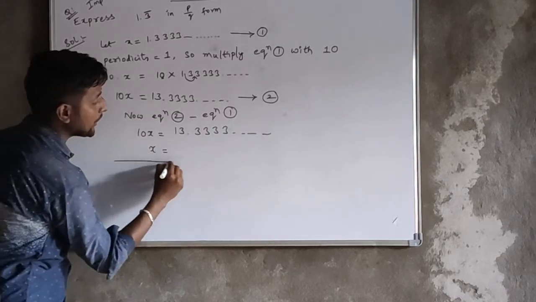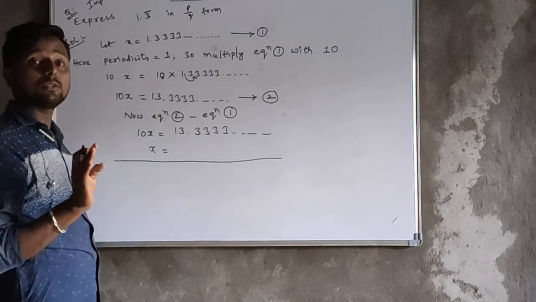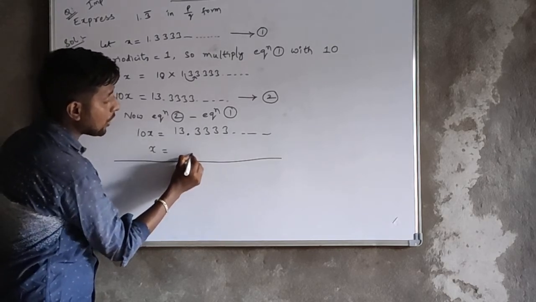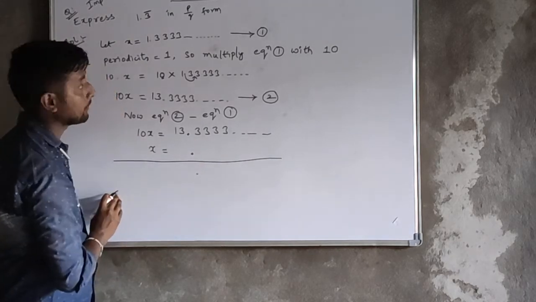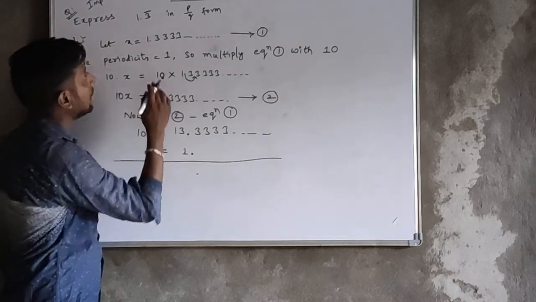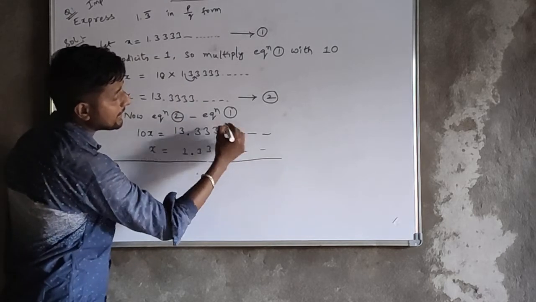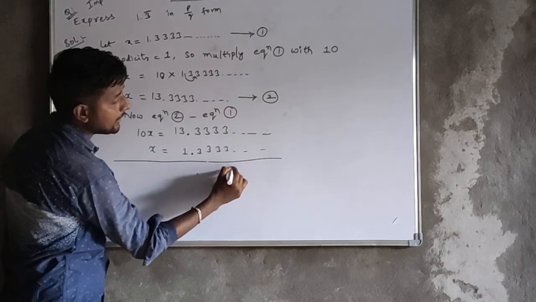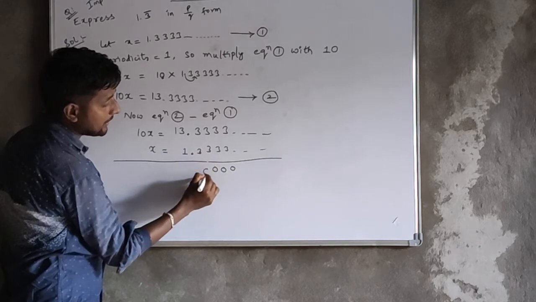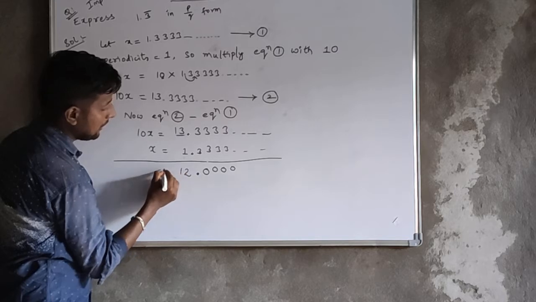Now take care while writing decimal numbers for addition and subtraction, because the decimal point is always common, even in the answer. Look at the digit before the decimal, there is 1, so we write 1 here. Next 3, 3, 3, 3. All the 3s are matching, right? 3 minus 3 is 0, every time. Decimal as it is. 13 minus 1, that is 12.